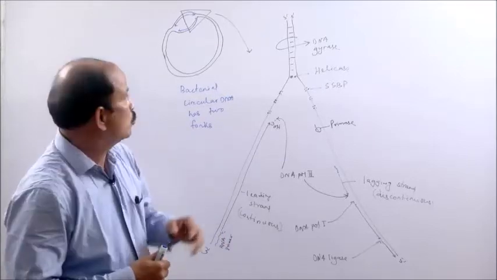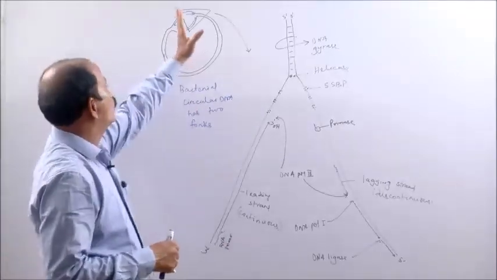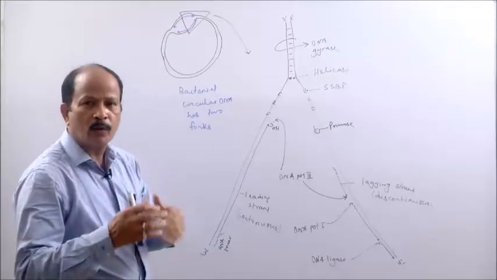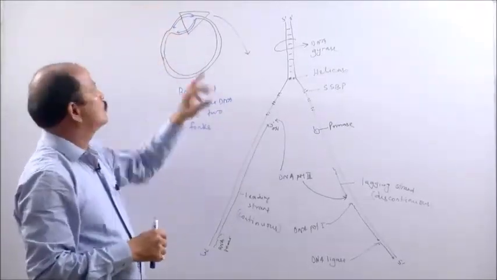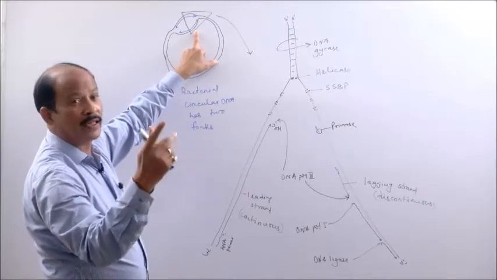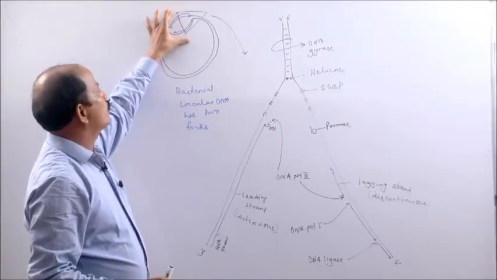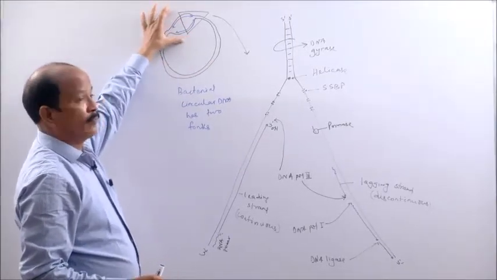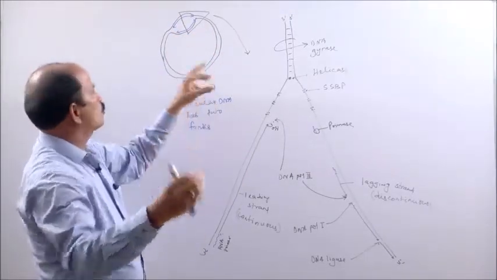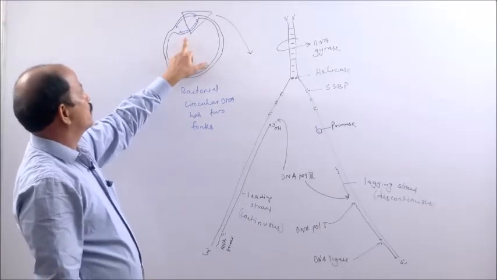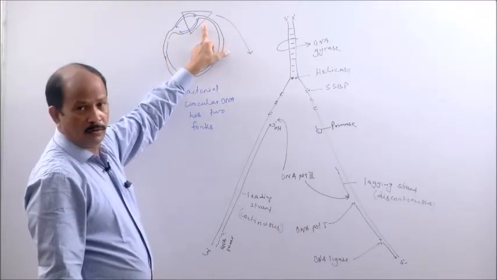The bacterial chromosome has a circular DNA and one point of origin. From that point, the DNA replication proceeds in both the directions. DNA replication is bidirectional. Now at the replication at this eye or bubble, there are two forks moving in opposite directions. The events at this fork are the same as at that.